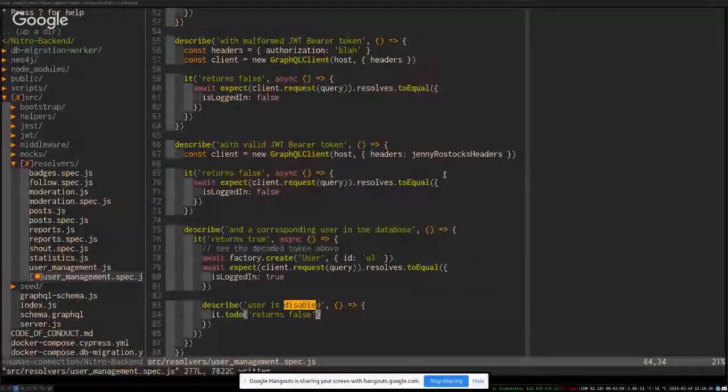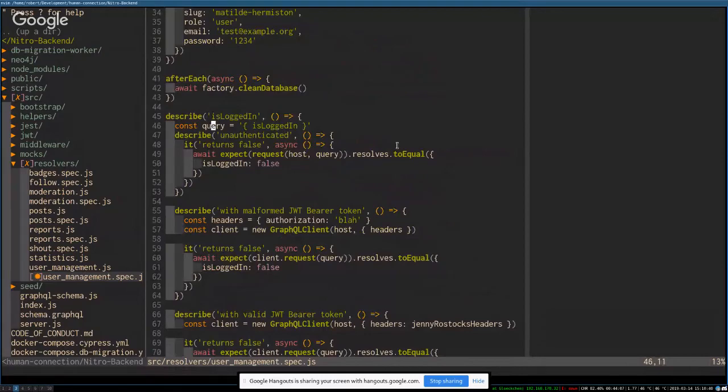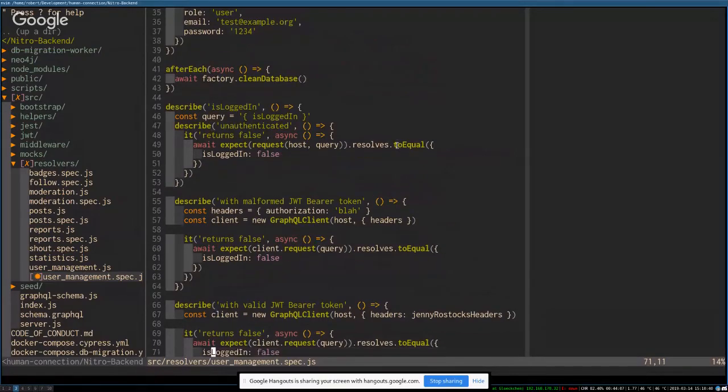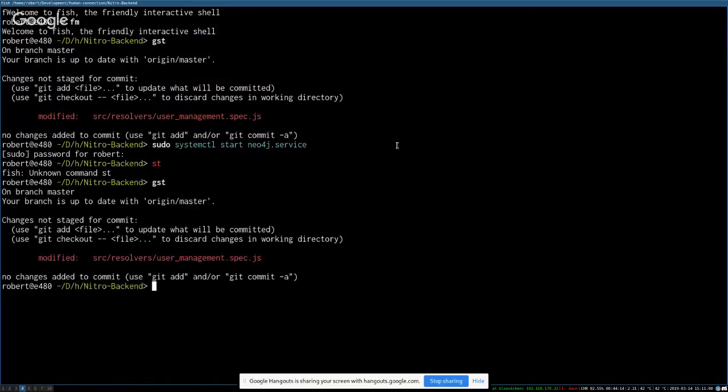I have this test here now. So describe, logged in is logged in. So that's a query. And depending on some conditions, if the user should be disabled, it should return false. So the user should not be logged in even if he has a valid token, but if the user is disabled in the database, it should not return true, it should return false. And the user therefore is not authenticated. So if we run this test,